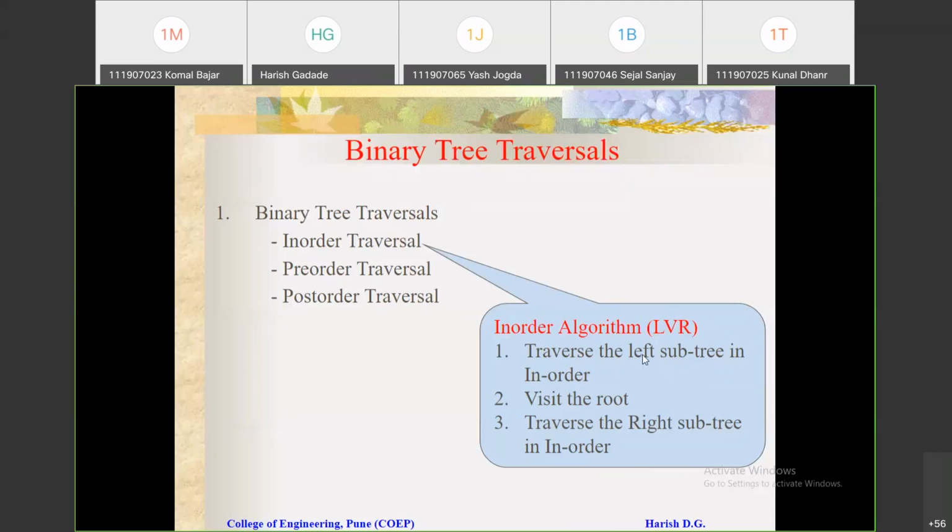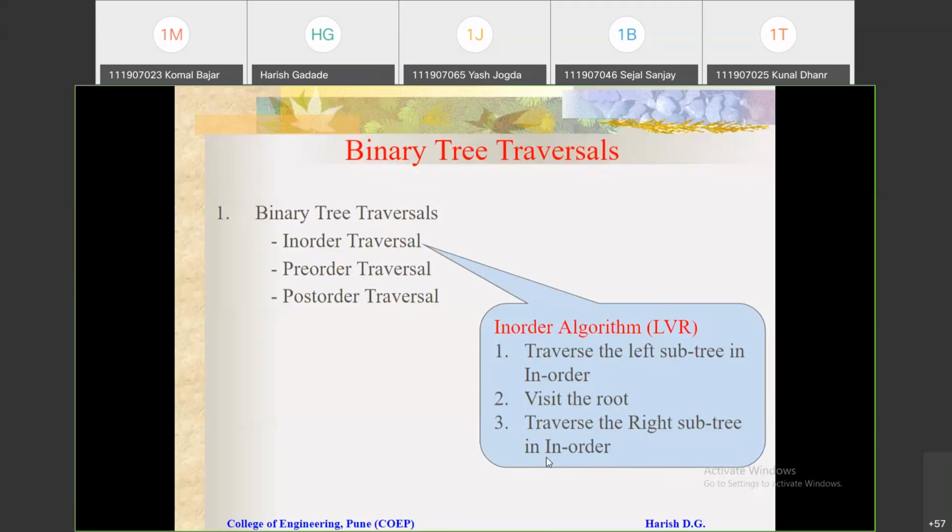So the left subtree first we need to traverse in order, then visit the root, or we can say print that root or print the element. See here, you just understand, whenever I say visit, it means you are printing that node, right? So keep in your mind, when I say visit, it means printing that node. So visit that root or that node. And the third step is traverse the right subtree in order.